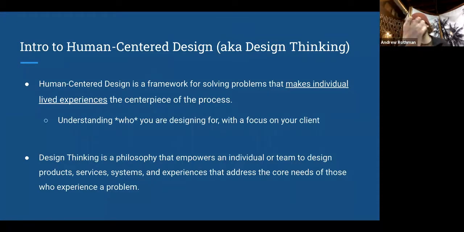So human-centered design is also known as design thinking. It's basically a process by which a design team or an engineering team determines the needs of a user and then builds for that. As a system of thought or a philosophy, design thinking is taught explicitly at places like Stanford. Stanford actually has the Stanford Design School. The D School is kind of a big deal. They teach it at MIT. And if you work in industry, in particular technology, whether you're at Google or Facebook or Apple or wherever, this is embedded in the process of thinking about products. It is specifically the process one would go through to center the user experience.